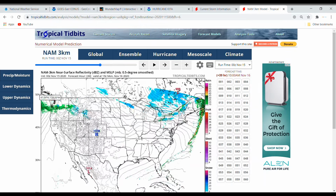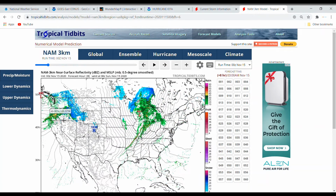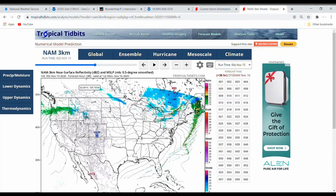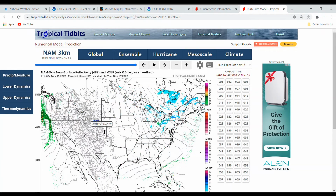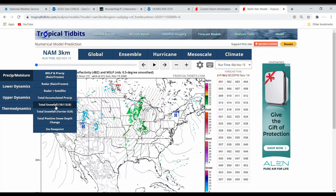Then we have multiple systems pushing onto the coast of the Pacific Northwest, bringing some snow to the Rockies. But other than that, there's this blocking high pressure kind of keeping them out of the central part of the US, and they'll probably all go over into Canada. So let's just take a quick look here. First up,